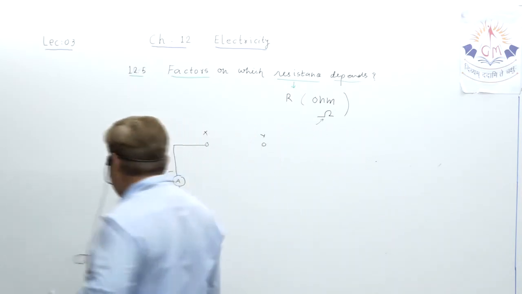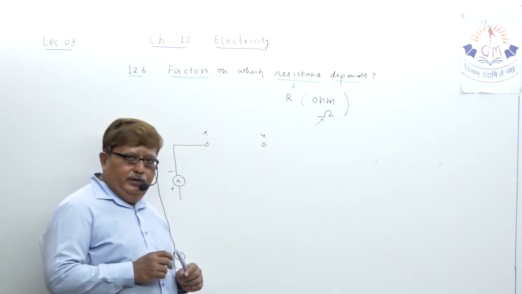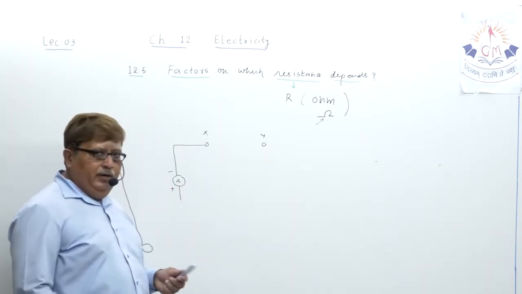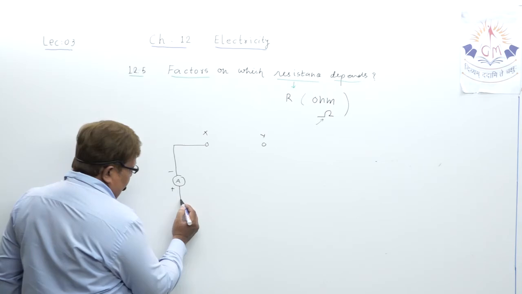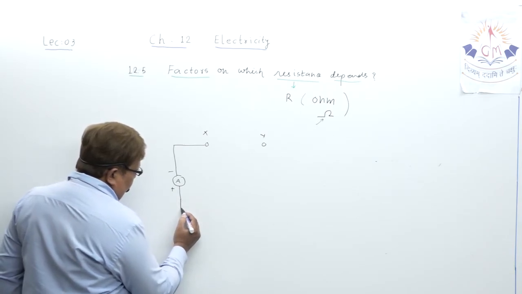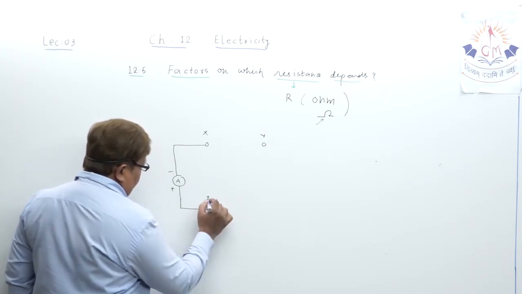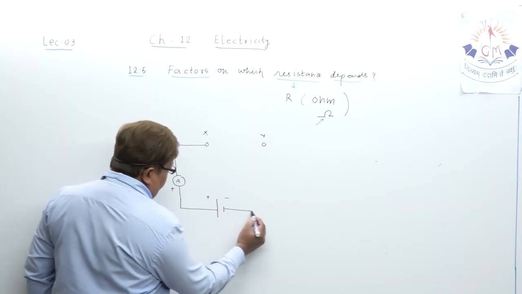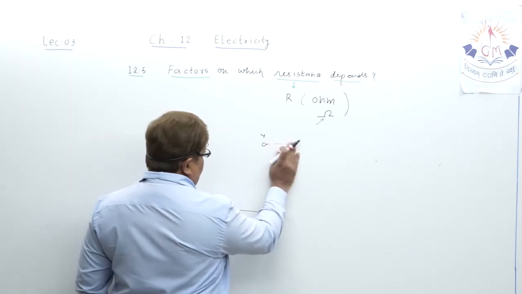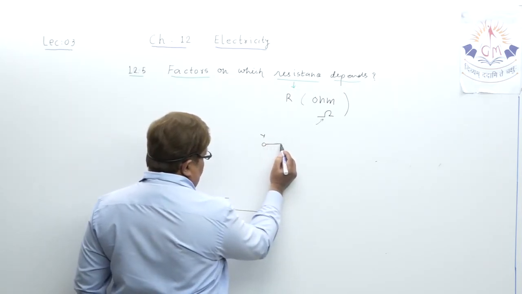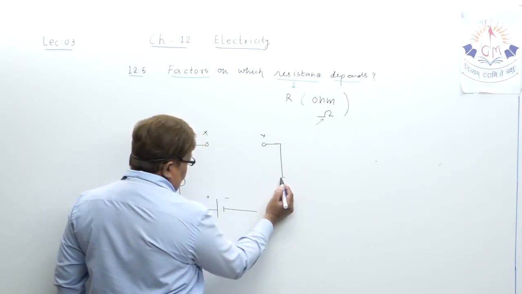So dear student, XY is the gap in the electric circuit. An ammeter, as you know, measures the current passing through. Understand? And my dear student, I do not just want to show a battery because we are just performing an experiment. Let me show just a dry cell here, one cell only. Okay. And now to complete the electric circuit, let us show some key here also. You can show it anywhere.